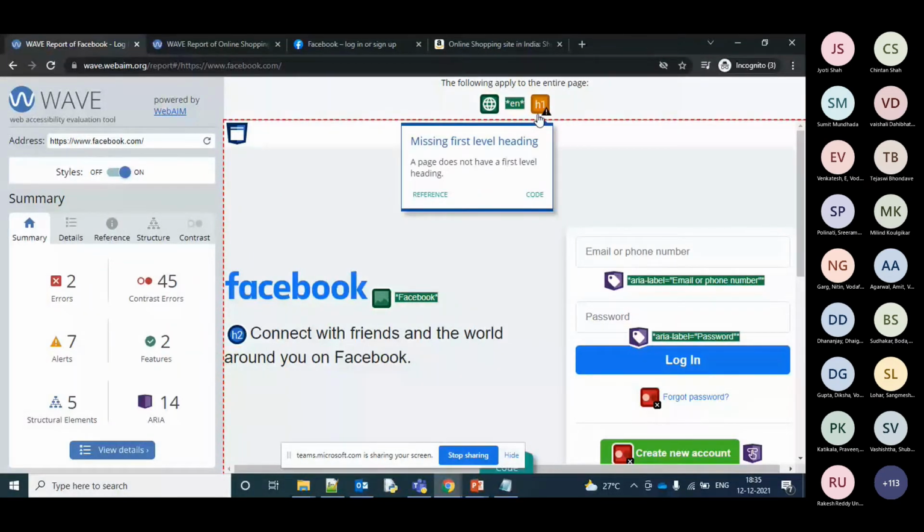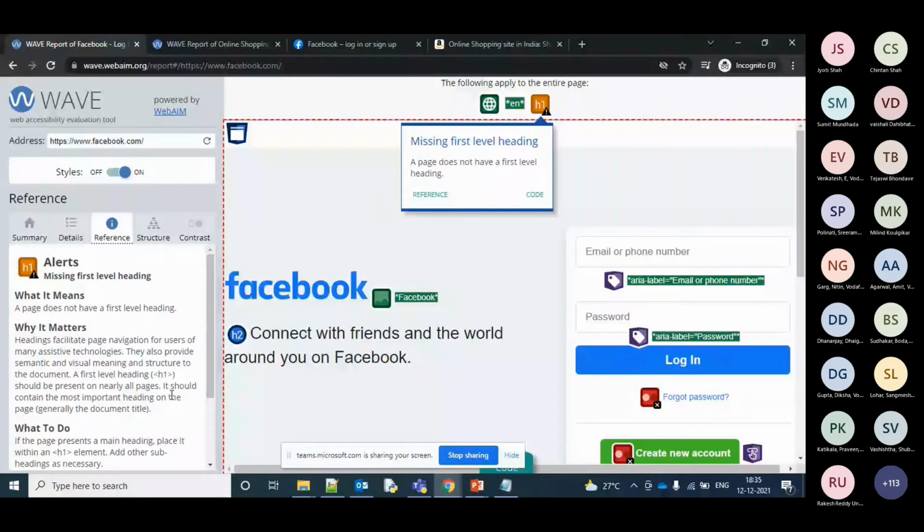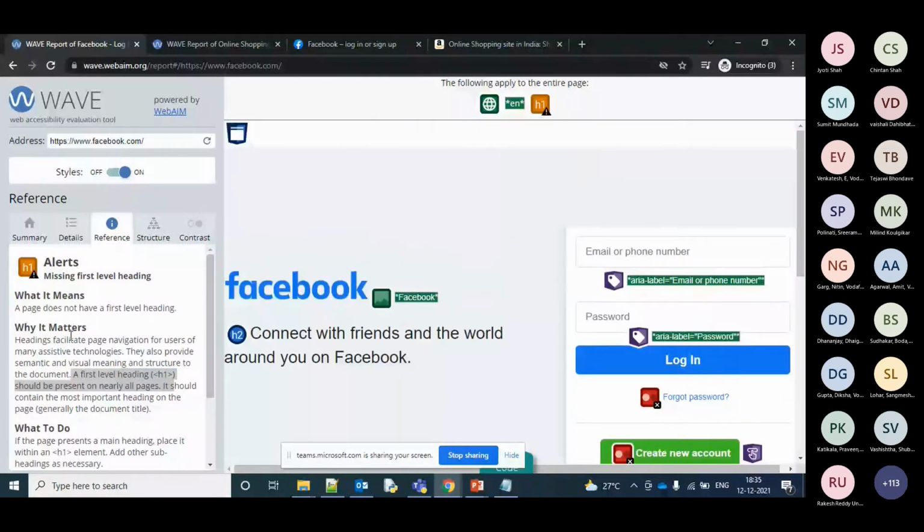If I look into the reference, the page should start with a page heading, and an H1 should be present on nearly all pages. Since there was no H1 present on this page, no heading, it has been shown as an alert, but it's passing the conditions. The rest of the test cases are passing, so that has been shown as an alert. Alert in the sense of a kind of warning.